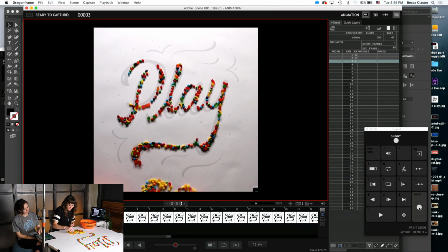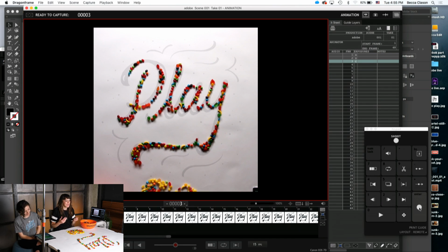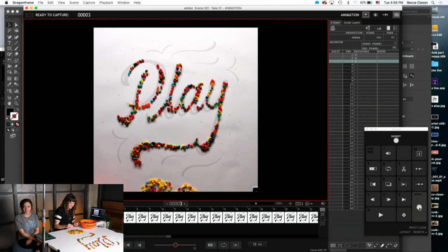So do you find yourself pretty nervous? Like there's a lot of stakes during the shoots? For something like this where I'm doing it out of candy and it's a pretty straightforward design just because we have to fit this within the time, or a pretty straightforward movement or whatever, I don't really get nervous because I've done it before and I'm used to it. But if it's something new where I have to move things a different way or shoot things a different way or use a new material that I'm not as familiar with, then I get nervous. Yeah, definitely. And I'm sure everybody on set is looking to you to be the boss, like, this is how this works. And if you've never used that material before, it's kind of like...